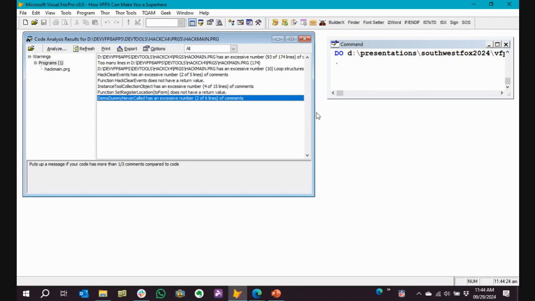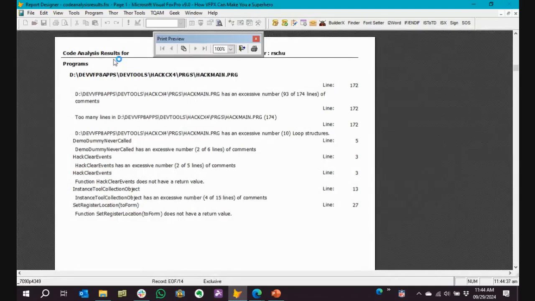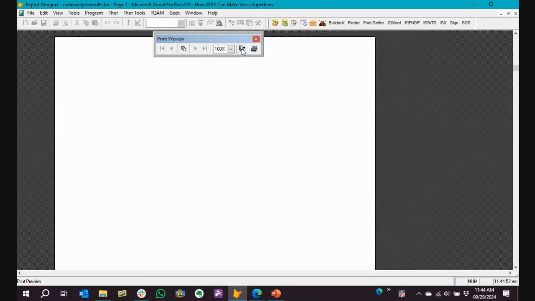All right. Nice things about this tool. You can export the list of rules that were violated through the export, and that will dump it to a DBF. You can print it out if you need something to, in my case, I like to, I feel better when I check things off. And so by printing it off, I can literally scratch out the ones I've fixed. But it's a nice little printout, nice little report that you can post out.